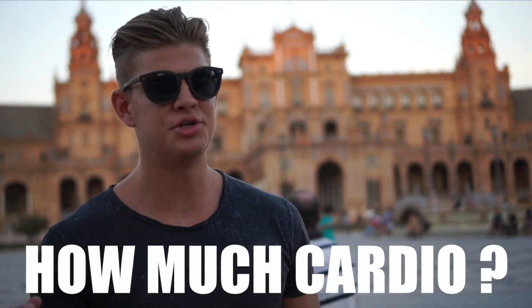Alright, so how much cardio should you do? That is a question I get asked very often, whether it's a mini cut or a regular cut. In my opinion, cardio is not the factor to fat loss, alright? A caloric deficit makes you lose fat. Now, you can use cardio in order to get a bigger deficit or in order to get into that deficit,